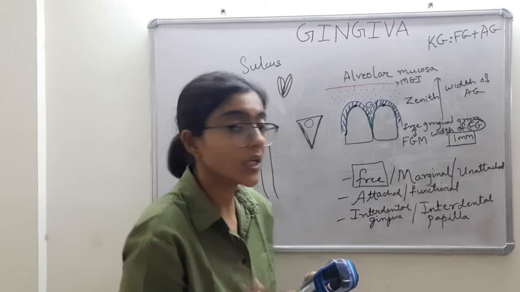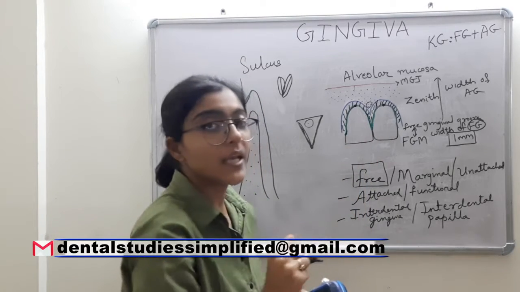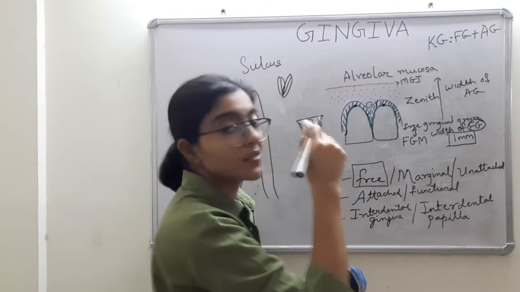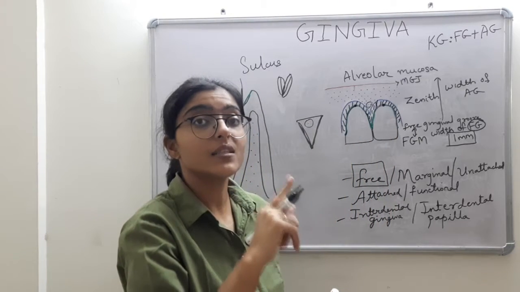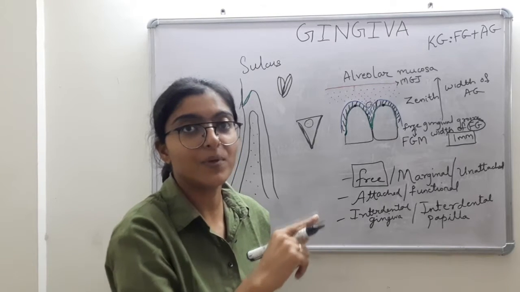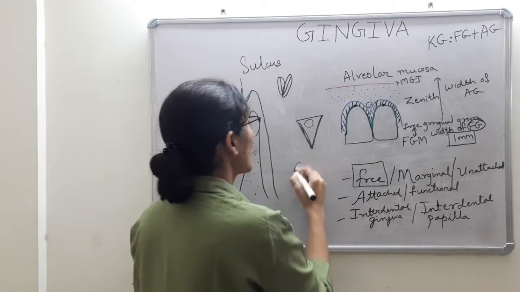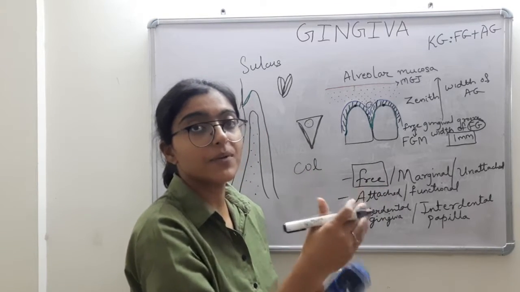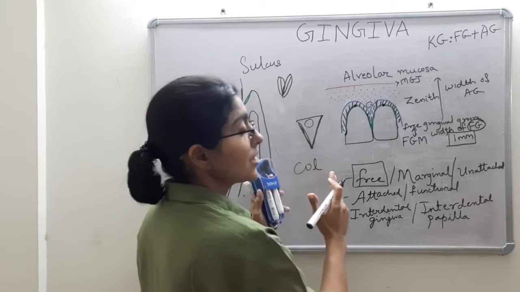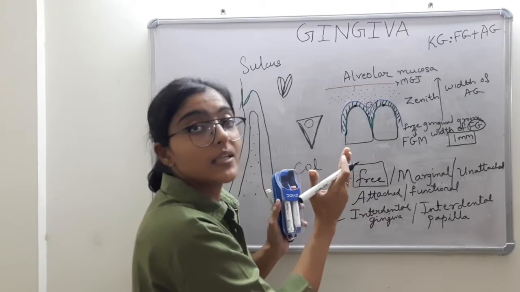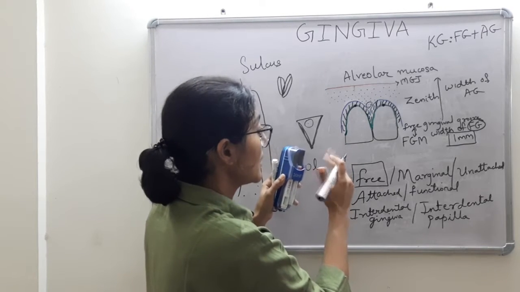Okay. Now it is pyramidal in the anteriors because of the contact point. The tissue rests just beneath the contact point. Whereas in the posteriors we have contact area. That is why there we don't have a pyramidal shape. There we have col, which is a valley-like depression. This valley-like depression connects the facial aspect of the interdental papilla and the lingual or palatal aspect of the interdental papilla. They both are connected.